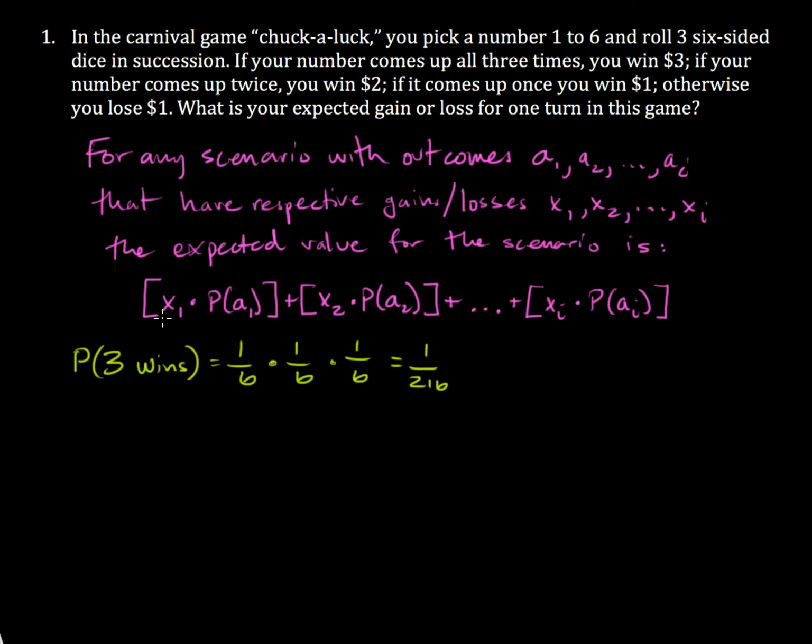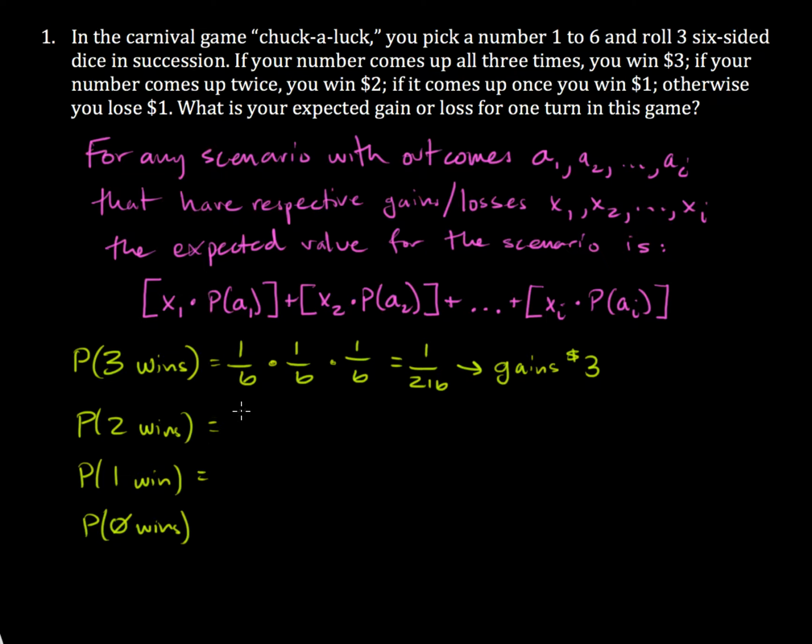We have to multiply that eventually times the gain or loss from that situation, right? And so I usually use some kind of notation like this, and I say that gains $3 according to the problem. The other scenario that could happen is that you have 2 wins, or let's go ahead and list them out. You have 1 win, or you have no wins. So we have to figure out each of these different probabilities. Well, winning